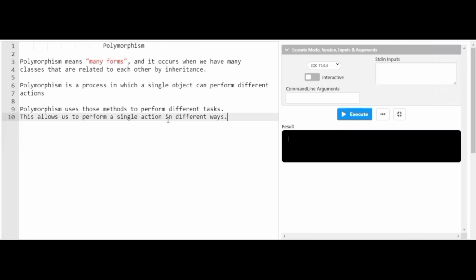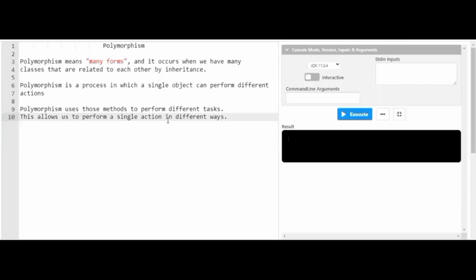So friends, in this session of Java programming language, we will be discussing another interesting topic of object-oriented programming language, that is polymorphism. This is the last topic that is left for object-oriented programming. In the previous session, we came across what is inheritance and what is data encapsulation. In this video, let us learn what polymorphism is, how it works in real life entities as well as in the Java programming language. So before wasting time, let's jump directly to the video.